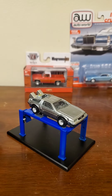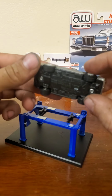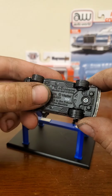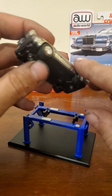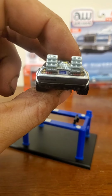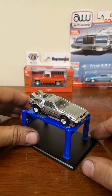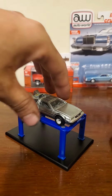But anyway, still a really cool car. And of course, we'll take a look underneath. I think this does have, yes, a painted base. Back to the Future time machine, although usually it says 86 or 85 DeLorean. And then, of course, the license plate, just like in the movie, says OUTATIME. So very, very cool, very awesome car. We'll move right along